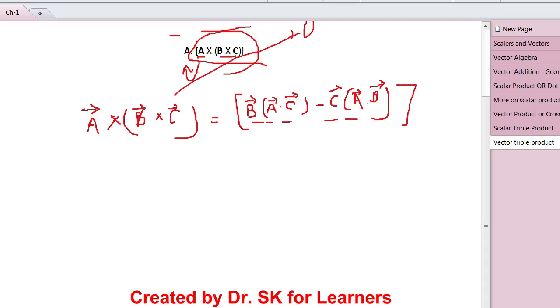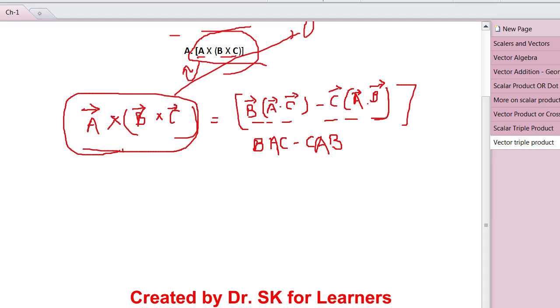BAC CAB, back cab. BAC CAB. It's easy to remember, and you will wonder that this is a cross product, so it's a vector quantity,